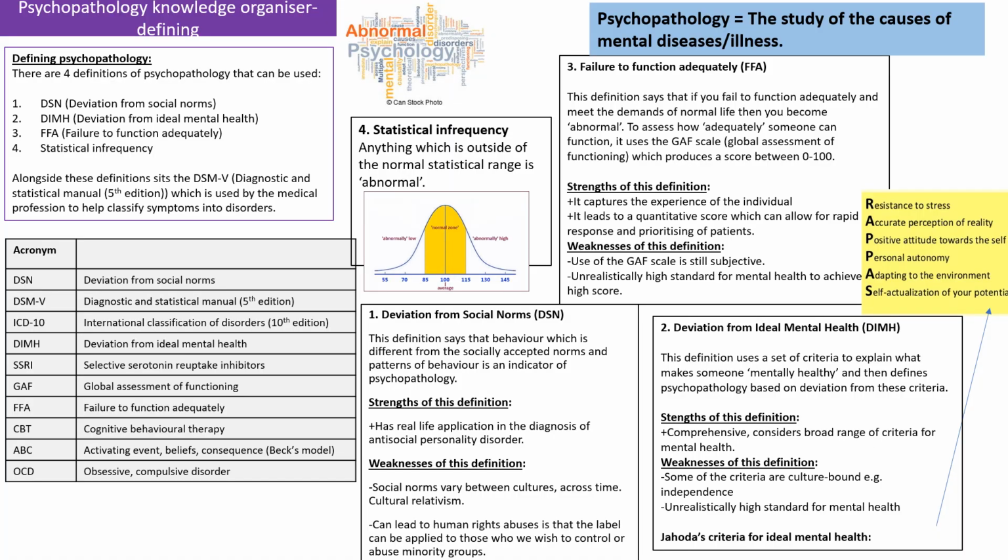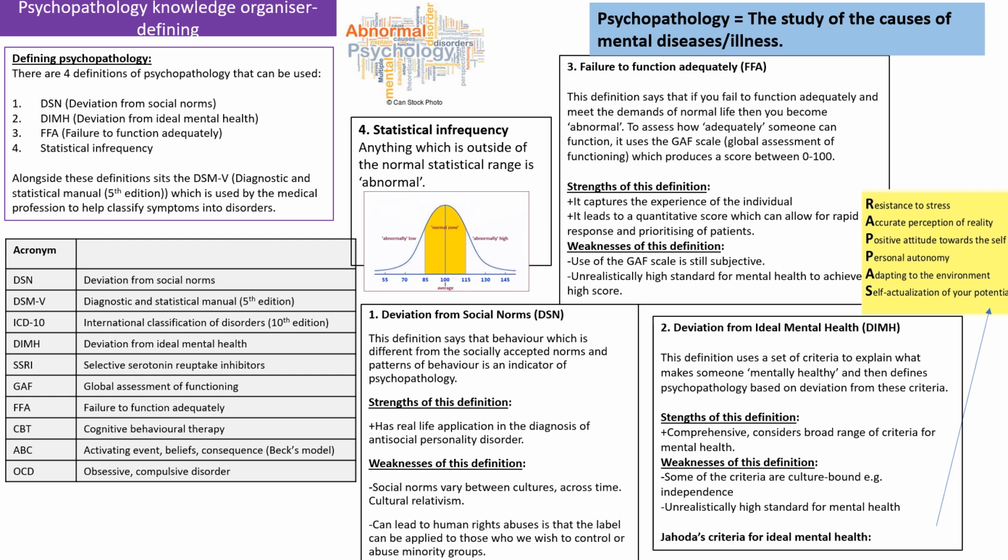Okay, so one of those retrieval questions asked us what it means to deviate. And we've been saying, haven't we, in lesson, it means to sort of stray away or to differ from. So far we've looked at our deviation from social norms definition. If you differ from, you sort of move away from what is considered normal and those socially accepted norms of behaviour, codes of behaviour, you must be abnormal, you must have a problem, a mental problem.